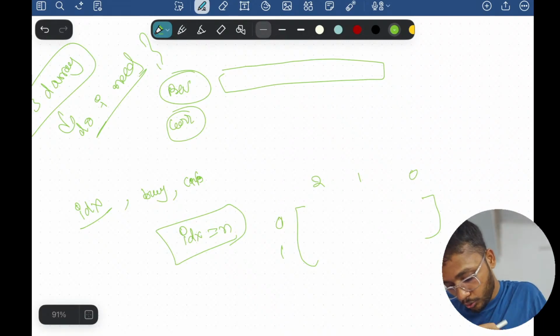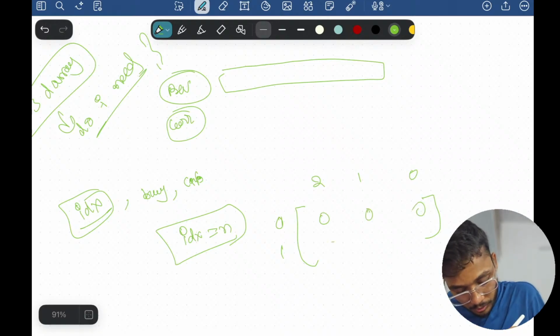So when you have 2 and 0, I mean, when you are at index 0, that means you cannot buy anything. You have already exceeded, so it will be 0 0 0 0 0. And for the next one,